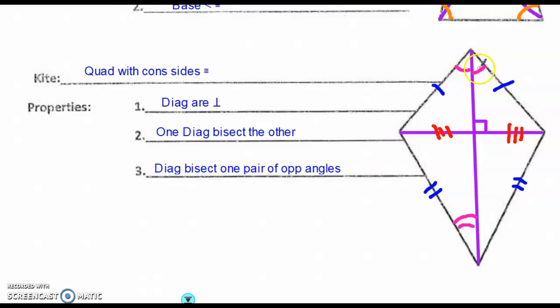The two top angles are congruent, the two bottom angles are congruent, and one more big thing that's important is this big angle, I have to use 3, is the same as this big angle. But this little guy does not bisect the big angle here. Only the top and bottom are bisected. So you need to go over this carefully and re-watch this video. Continuing on,